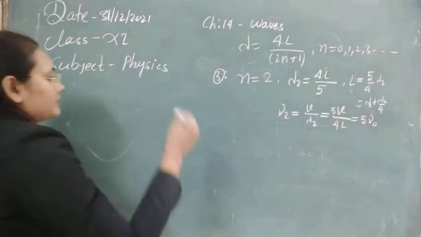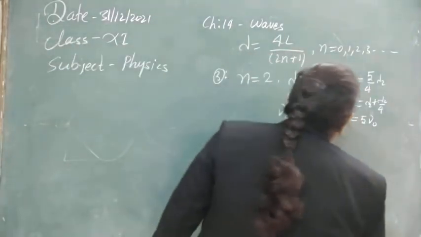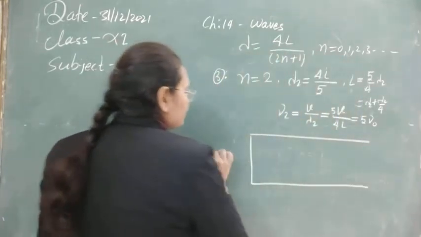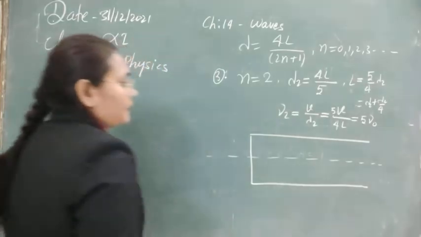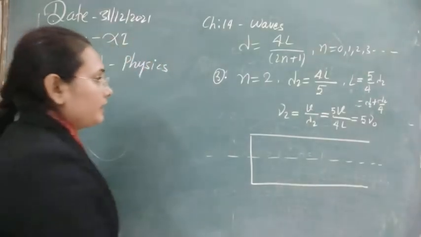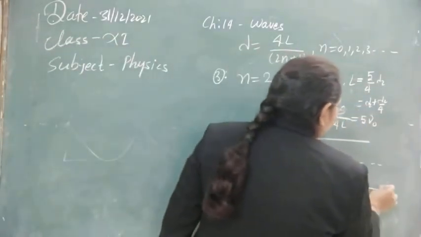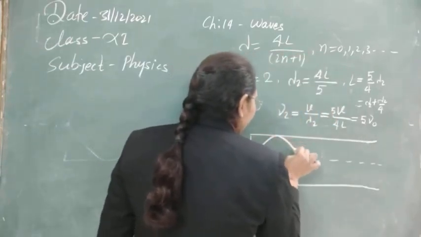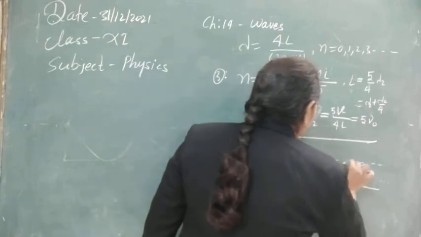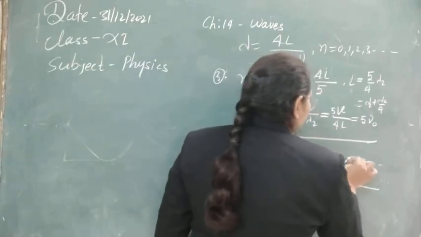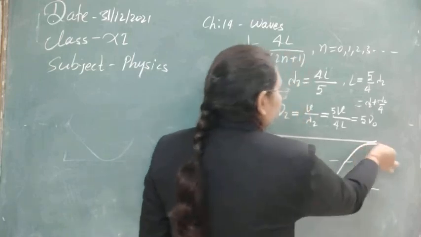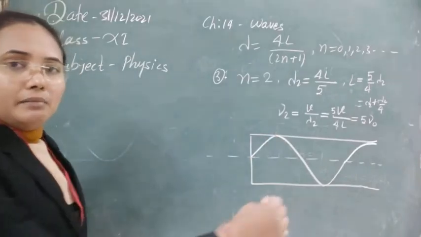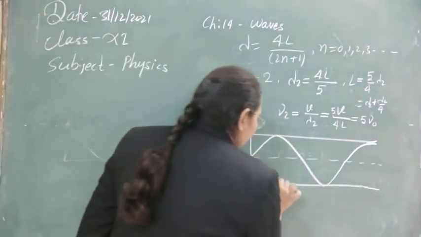Let's make its diagram now, how the wave is generated here. If we make the generation of wave in this open organ tube again, over this complete length we can see a full wave we are getting. So let's make a full wave. This is the full wave. Now 1/4 of the wave we are getting. This is the 1/4 part of the wave, from here to here, and in the opposite direction also we will get it.